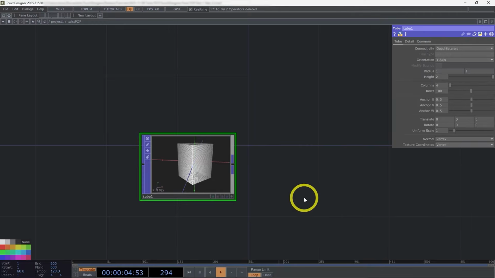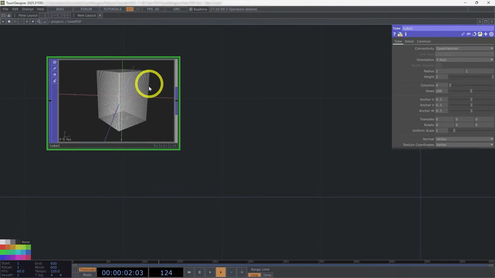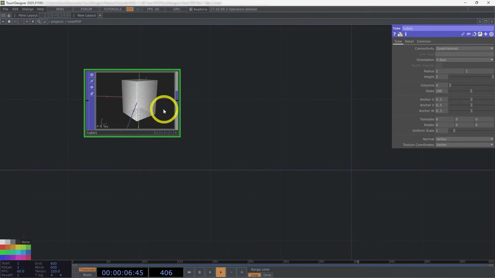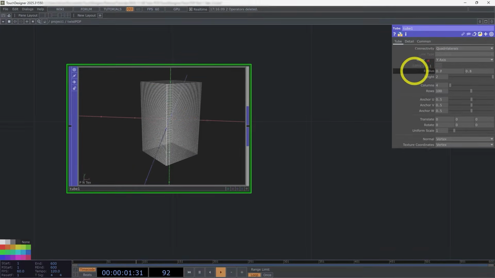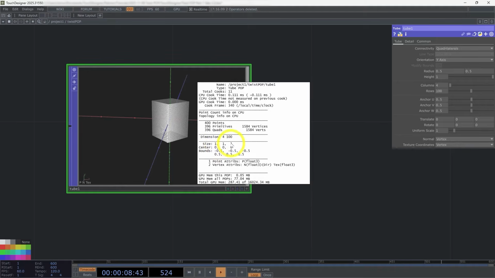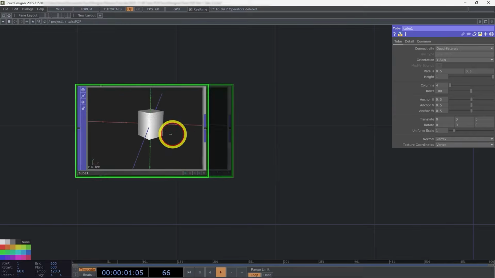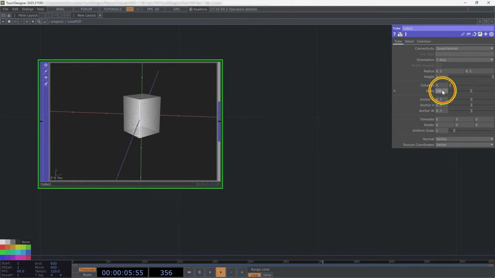So I'm going to delete these last two, and we will start with the tube and see what the implications are once we actually copy a row of these to create our final effect. So I'm going to start by adjusting the radius slightly. This doesn't matter a whole lot, but I will keep it to a 1 by 1 by 1 size so that we can have a little bit more clarity on how we're transforming it later. And I will increase the rows to 1,000,